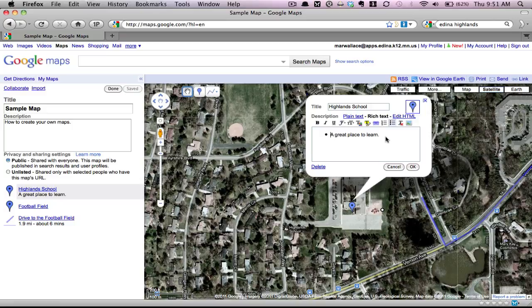So for example, if I am at Highlands Elementary, I have to decide what would I want people to know about Highlands Elementary. I could say it's a great place to learn, but that's my opinion. That's not necessarily a fact about Highlands. An important fact for Highlands might be the number of students that are here. So I'll add 550 students